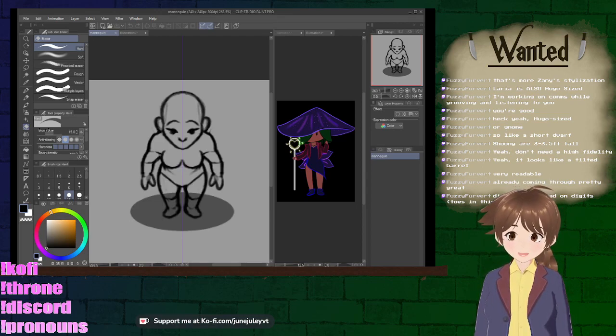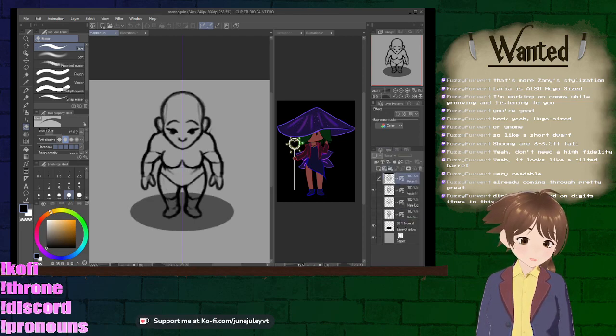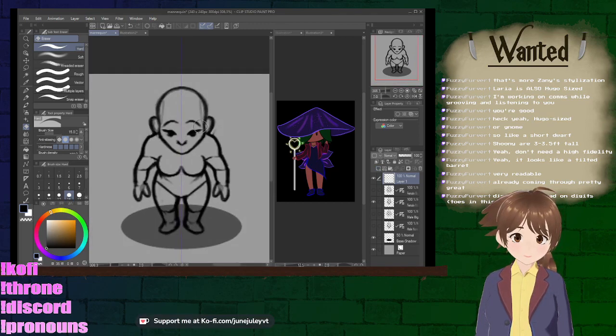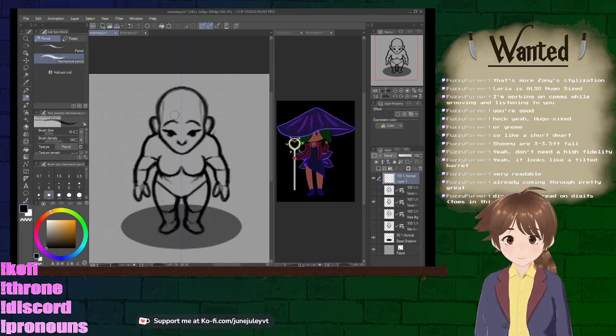Zany stylization, okay. And I just wanted to make sure before I did stuff. Let me go ahead and do that. Let me get the pencil, and we can give her...